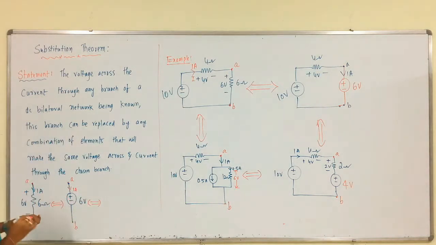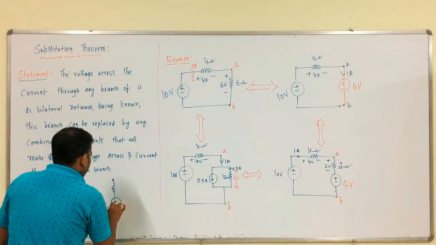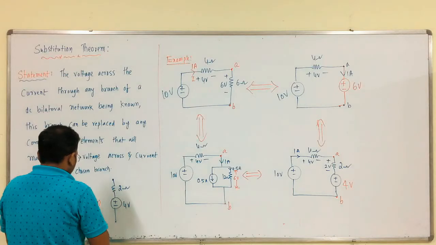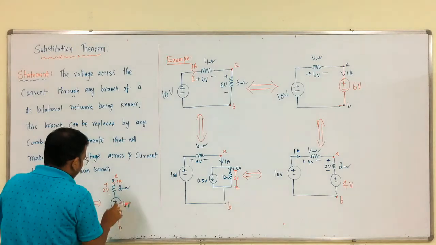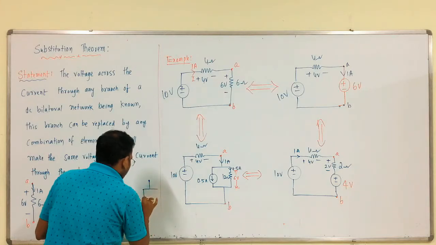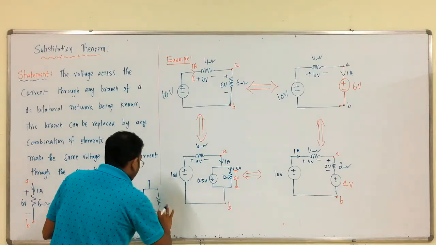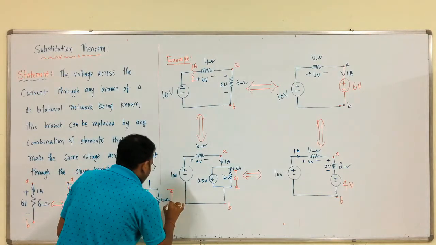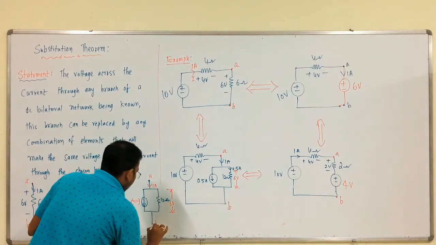Next you have to convert them into what? Plus minus, 4 volts, 2 ohms, this is A, this is B, this is 1 ampere. Therefore, plus minus 2 volts. Again we have to convert them into what? A current source, this is 12 ohms. Across this we have 6 volts. That is it. This is 1 ampere, this is A, this is B.